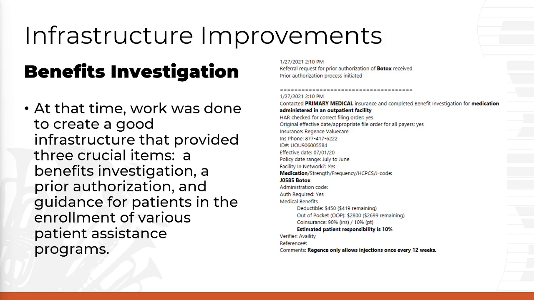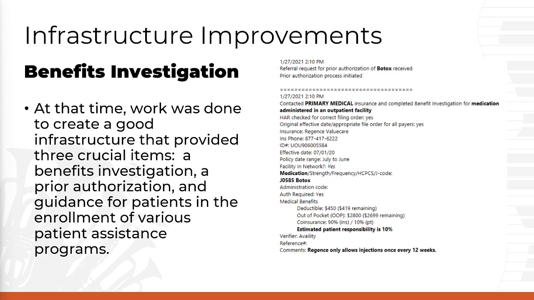And the primary aspect of this was our benefits investigation, which looks pretty bare bones, but it really serves its purpose pretty well at our institution. It tells us what the drug is, who the insurance is, what the patient's insurance information is, including effective to and from dates, any HCPCS codes that are being billed, and then the patient's medical benefits there at the bottom, and then places to put our references and sources and any ancillary information.